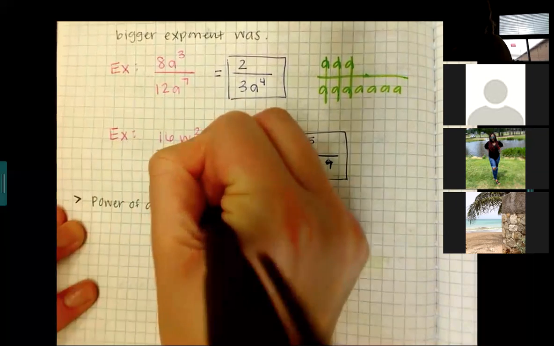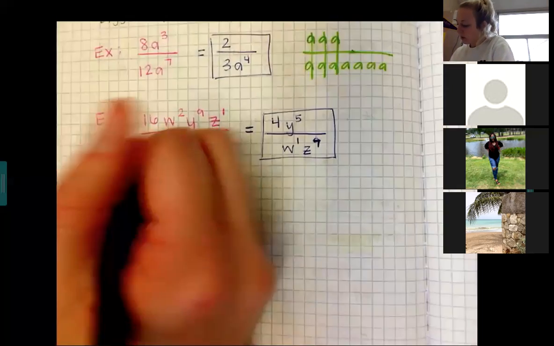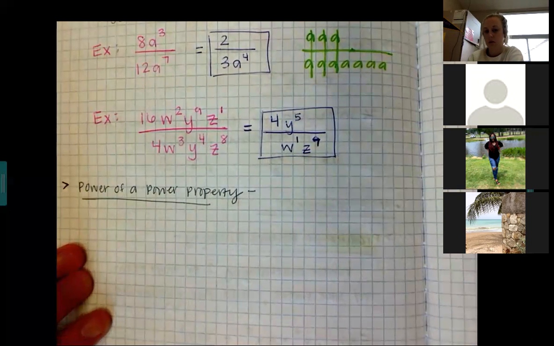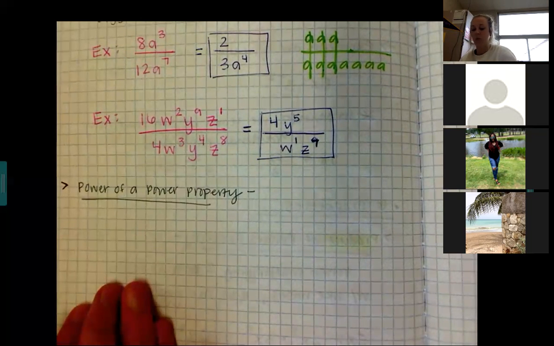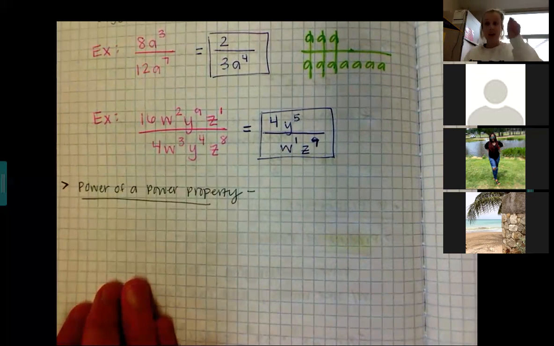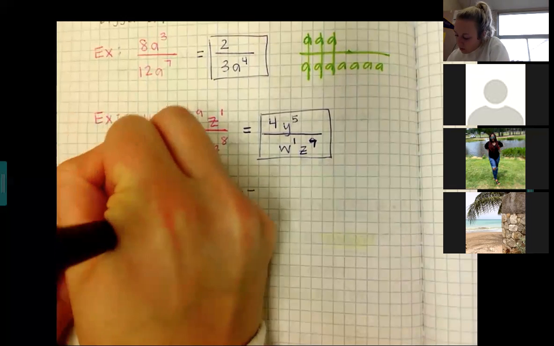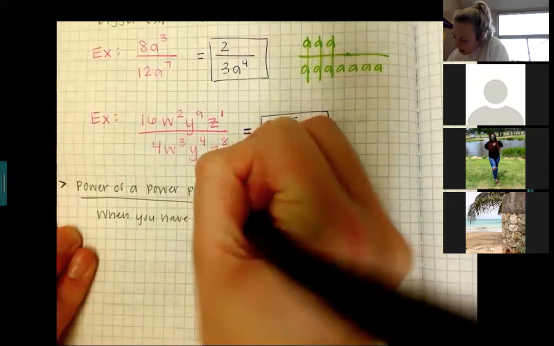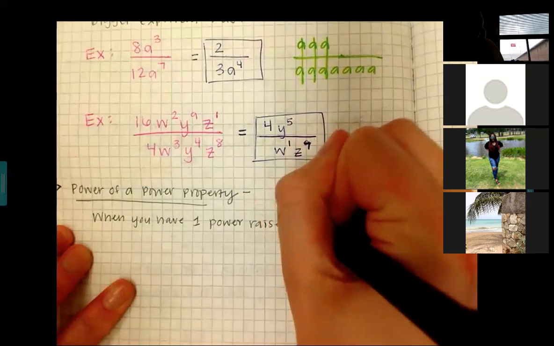Like I said, this is the most notes you will have to write this unit. Just because there's so many properties. Power of a power property. So what the power of a power property says is when you have one power raised to another power, that you have to carry in the outside exponent. You distribute it in. So we're going to write that. When you have one power raised to another power,